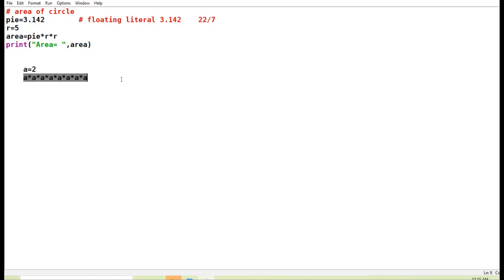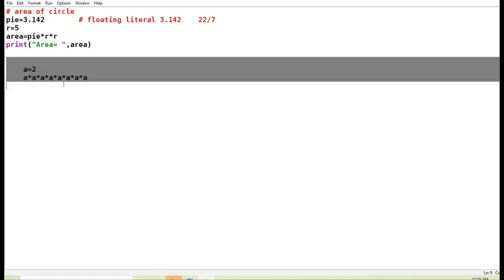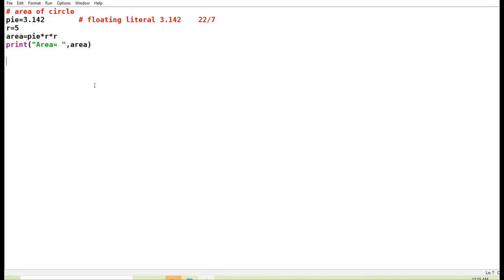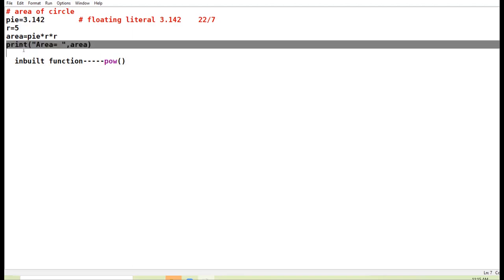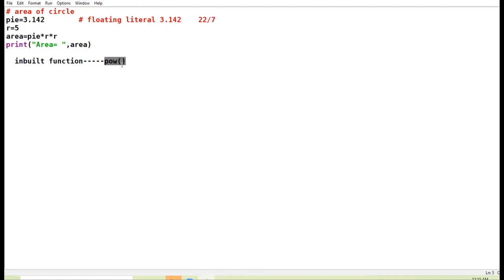So to avoid this problem, Python provides us an inbuilt function that is called power function. बेटा जितने भी इनबिल्ट फंक्शन है ना, उन सबका कलर देखो पर्पल है. पाइथन प्रोग्रामिंग में जितने भी आपके इनबिल्ट फंक्शन है, उनका कलर पर्पल शो हो रहा है.